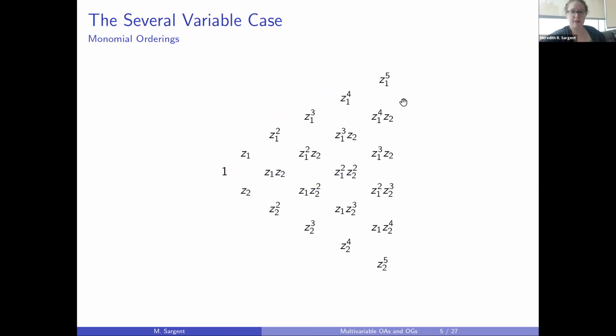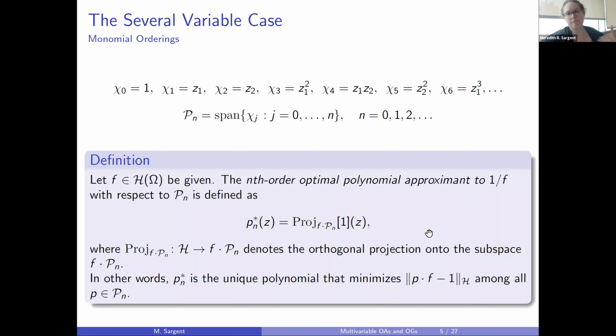We found it kind of enlightening to lay out our monomials this way when we did this in 2 variables. So here you read the monomial ordering down each column and then going left to right. This ends up being useful later, and I will hopefully be able to show you. But going back, the whole reason we want to have this monomial ordering is because I want to be able to